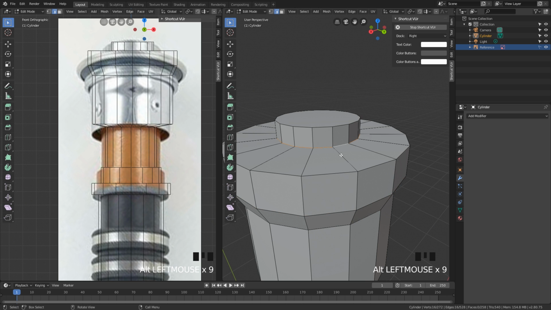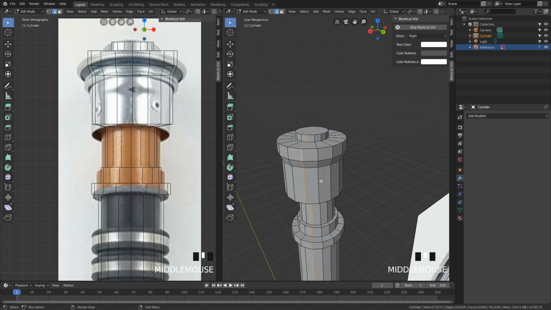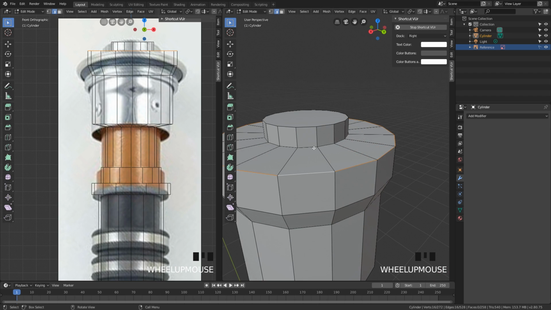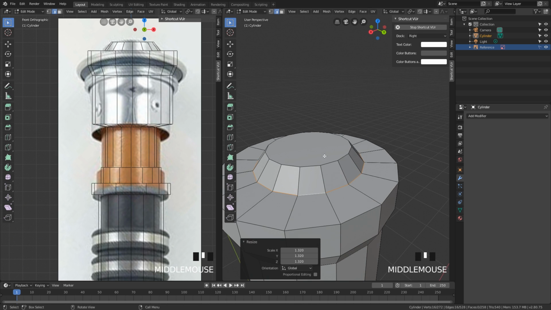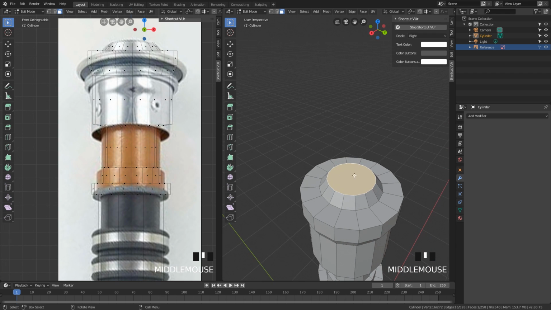So an edge loop, for anyone out there who doesn't know, is just a loop of edges. It's all the edges that are connected to either side of an edge. So alt-click on the edge you want, and you're going to be doing it all the time. And now we can hit the scale key, and we can just scale it up so it fits a little bit better. Now, one thing you can't actually see in a reference is we need to have a part